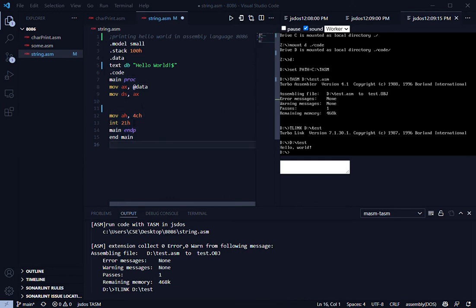So for displaying the string, we have to get the base address of this text variable. So by getting the offset or base address, I am making one command, mov dx, offset of this text. So here I am writing text,